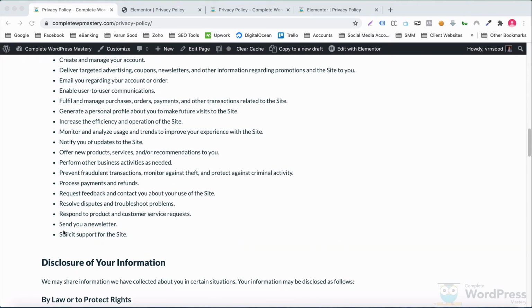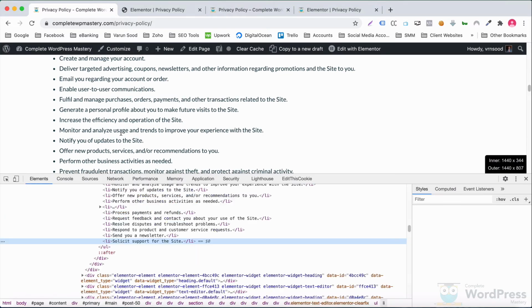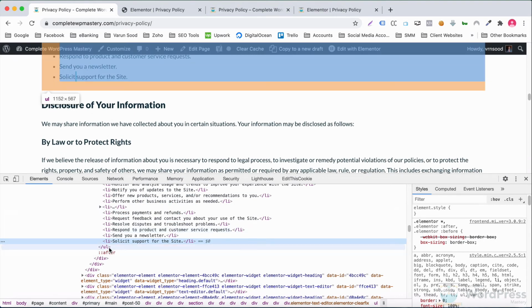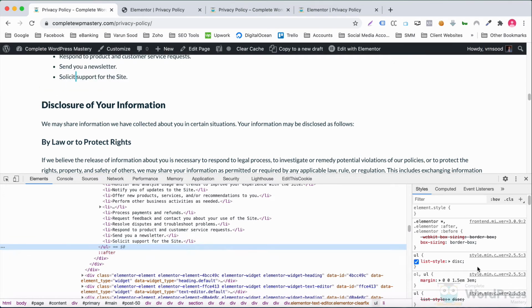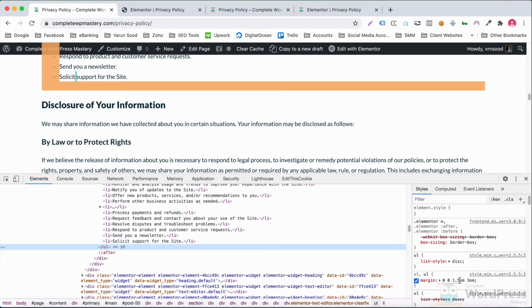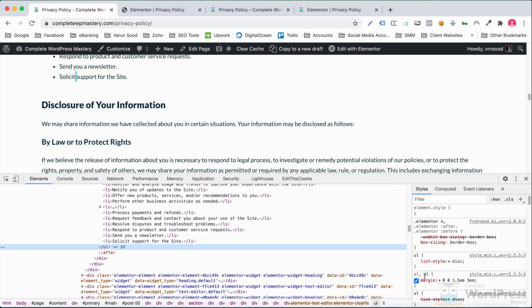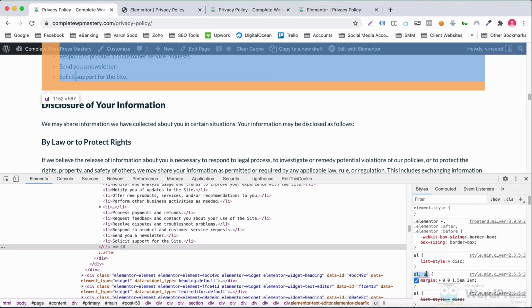The last thing I want to do is fix the spacing around this list. If you notice carefully, its bottom margin is larger than what we have on all other widgets. Inspecting this element using Chrome DevTools will show the spacing around this UL tag. As you can see, it has a bottom margin of 1.5 em and a left margin of 3 em. This is actually the margin on all UL and OL tags.